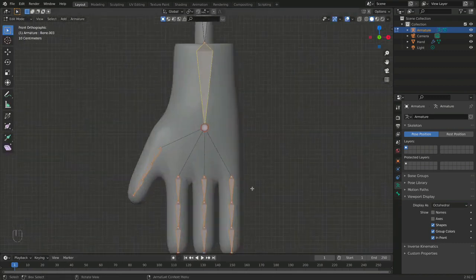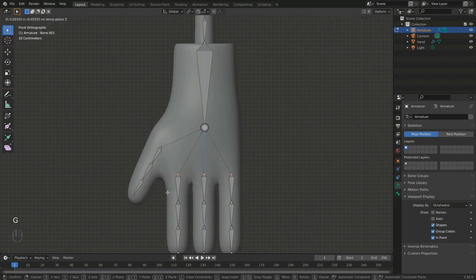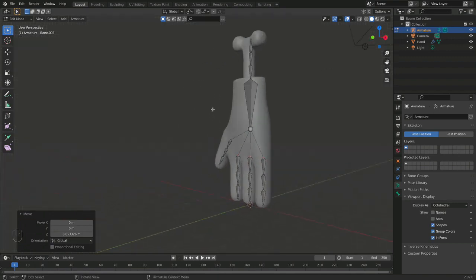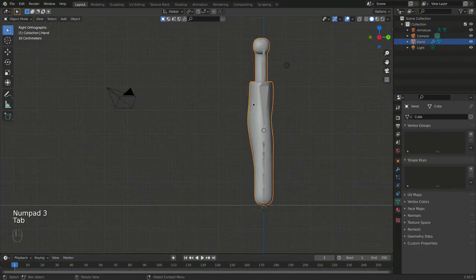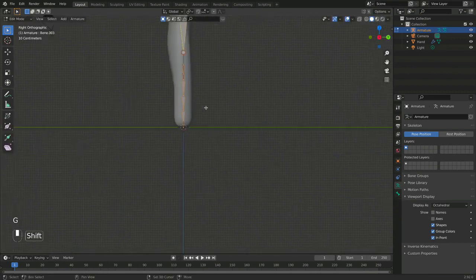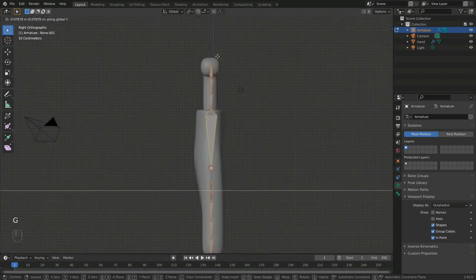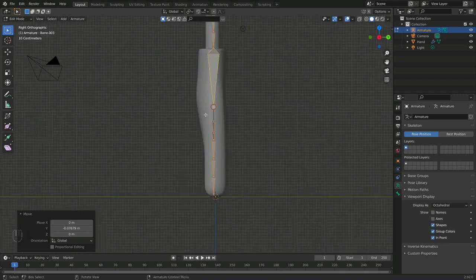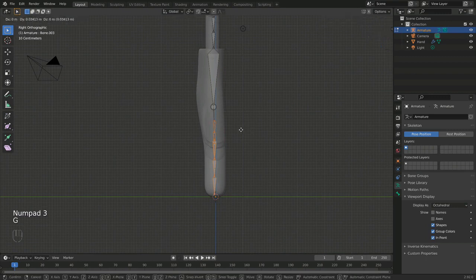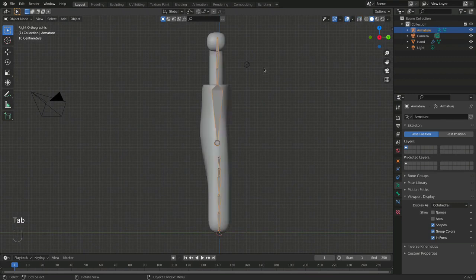So now let's go back in edit mode, and here I will pull this slightly up with G and Z like this, and now I'm going to move to the side, and here you can see that we can move this a little bit in the front. So actually I'm going to keep everything here as it is, maybe a little bit in the front like this, and now I'm going to select all of this, make sure that you are in X-ray mode, and return it slightly back like this. So make sure that you are having your skeleton or your armature inside of your mesh,